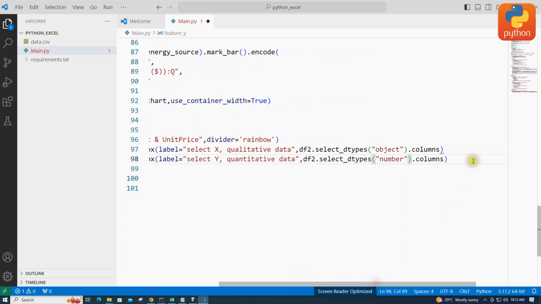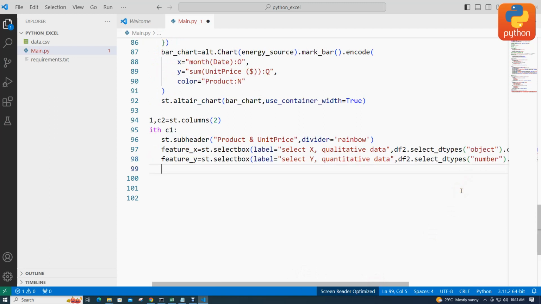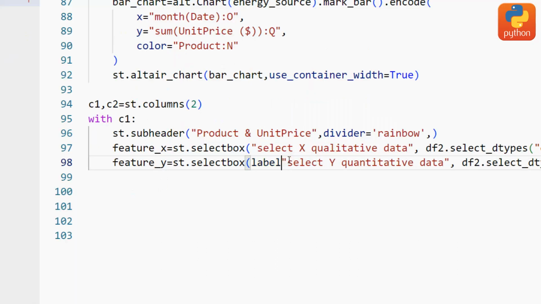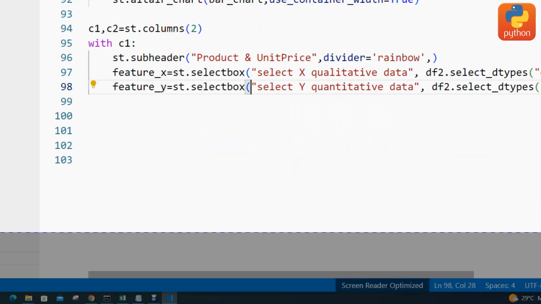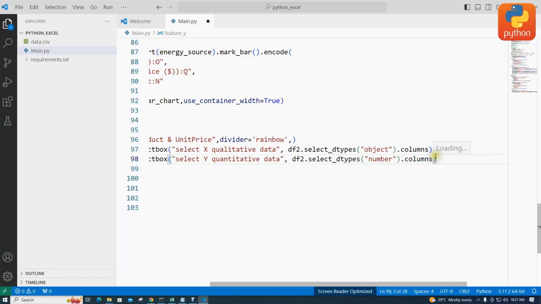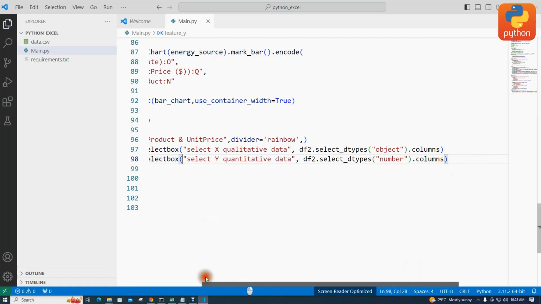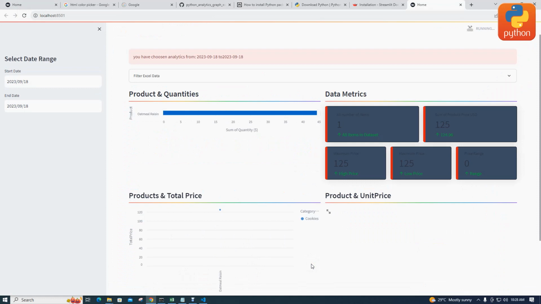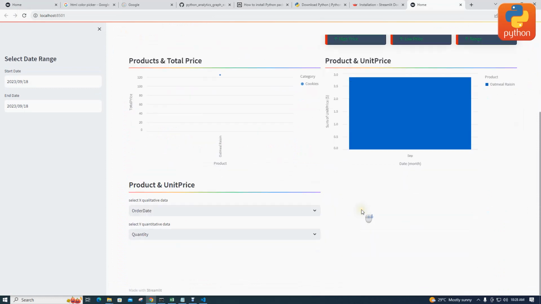Okay, so again we just come to remove label, so remove label, just to see that error disappear. Okay, so now save changes and come to refresh and output. Okay, so you can see